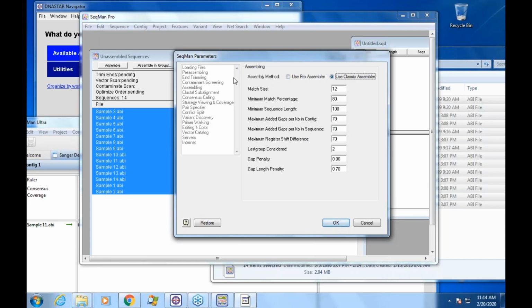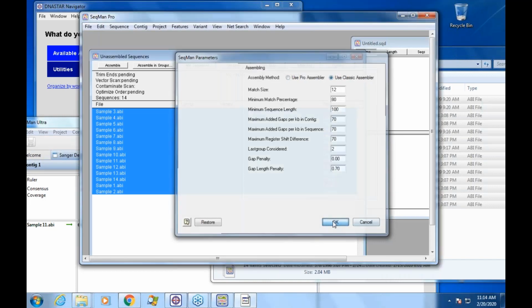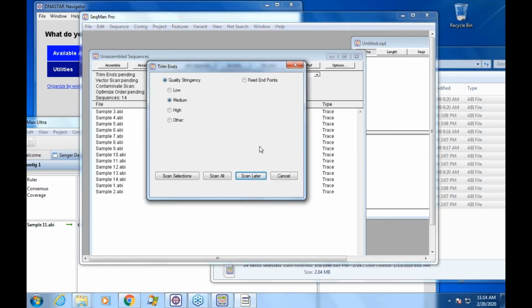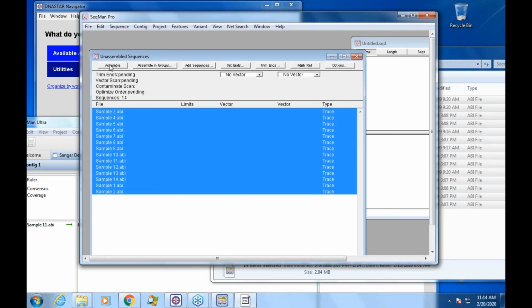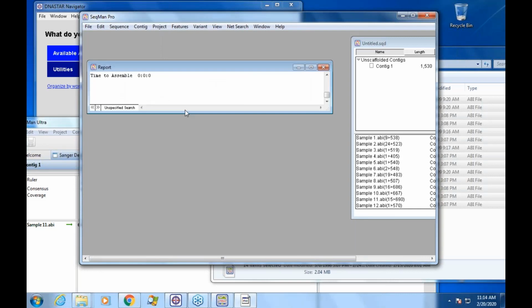So I'm just showing you that the parameters in SeqMan Pro are in kind of different spots here. And you have to know where they are to go find them. But in this case, so there's some trimming end parameters. They're scattered a bit, but I can just click assemble too. I'm just going to let it assemble. And the similarities now